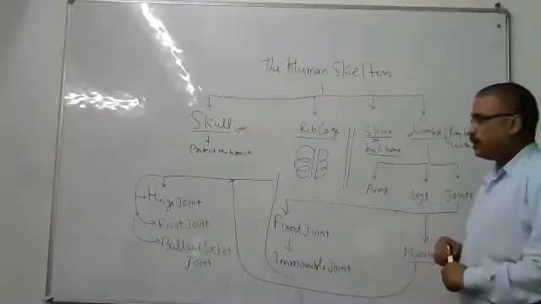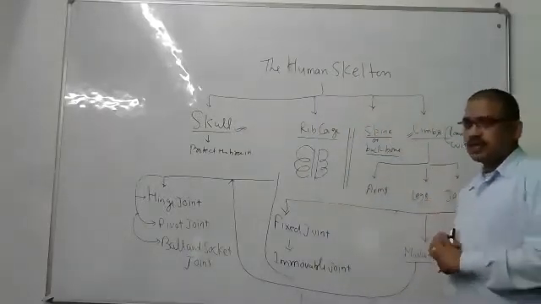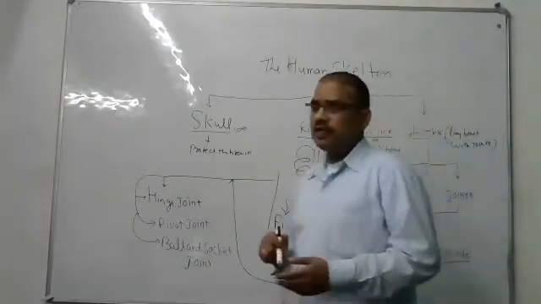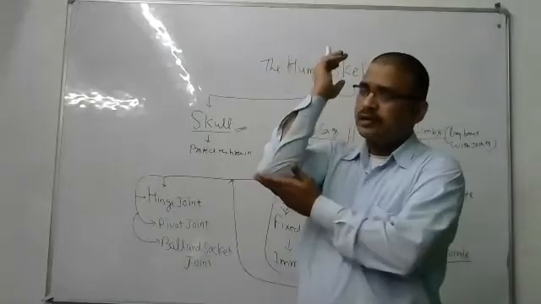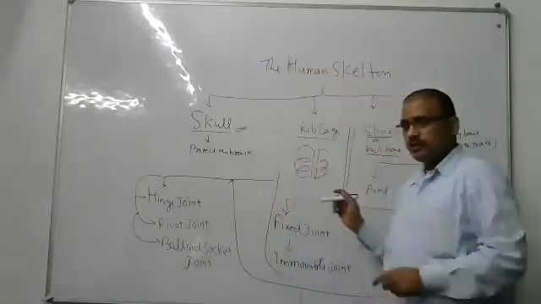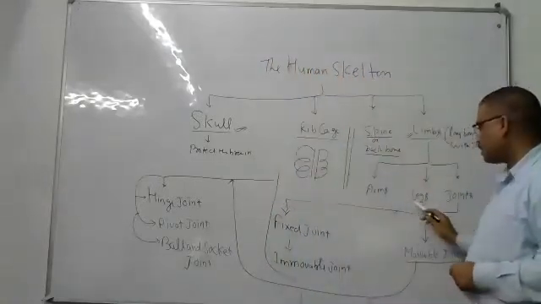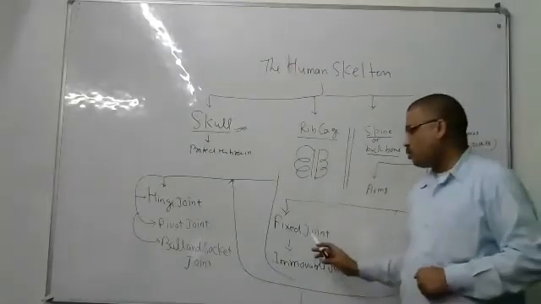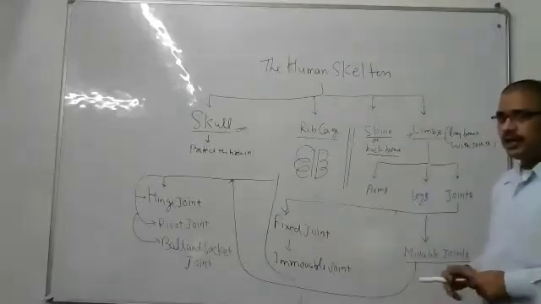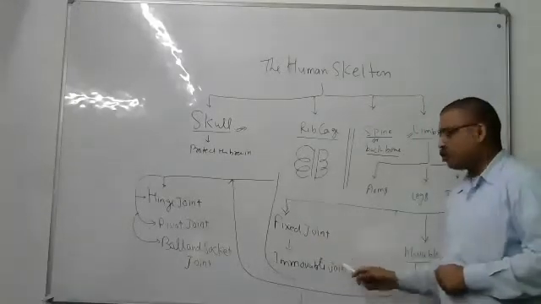There are limbs. What do limbs mean? Limbs are structures made up of long bones and joints. What are these? These are the arms, legs, and joints. Now these joints are again divided into two parts. One is called fixed joints, and a fixed joint is one which cannot be moved.